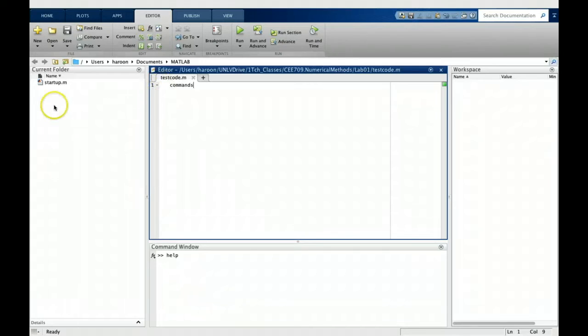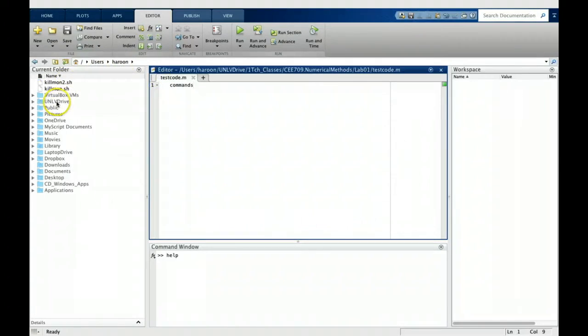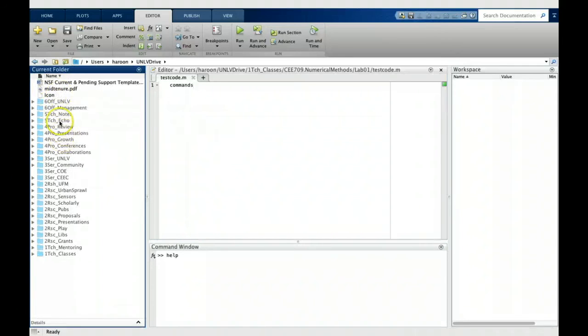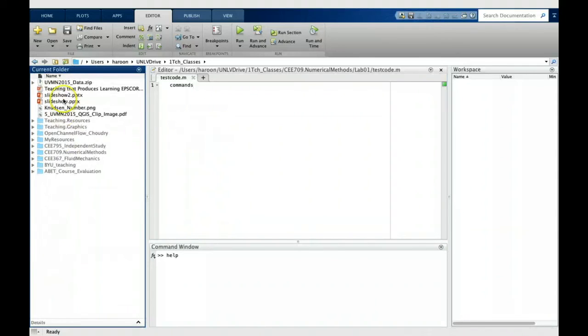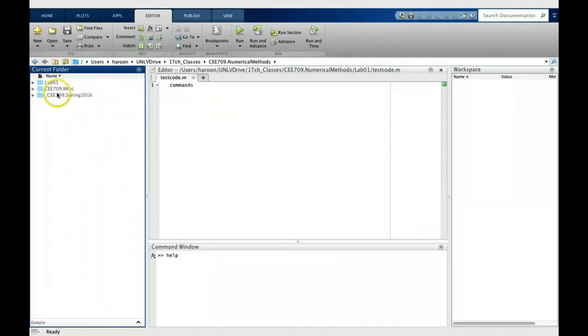And now you can see that I can go from here and find my folder where I just saved it. It's in my classes, and right here I have my test code. Okay, so this is how you typically use the Matlab desktop. We will be using some of these windows docked here in the next